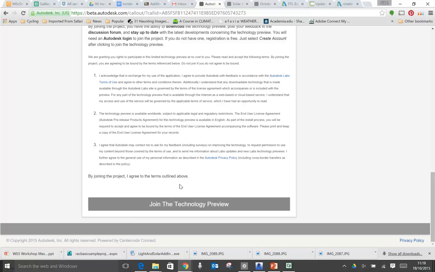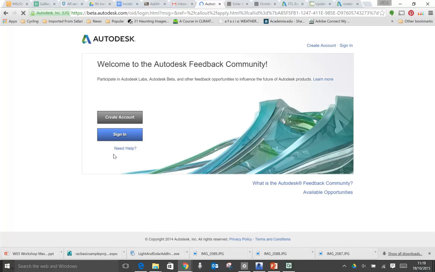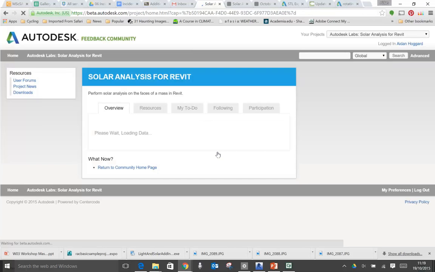So click on Join the Technology Preview here, and then it will probably ask you to sign in. Sign in here to your Autodesk account, and that should take you through to the software download page. Now I've already downloaded it, so I'm not going to do it again. Basically what happens, here we are,